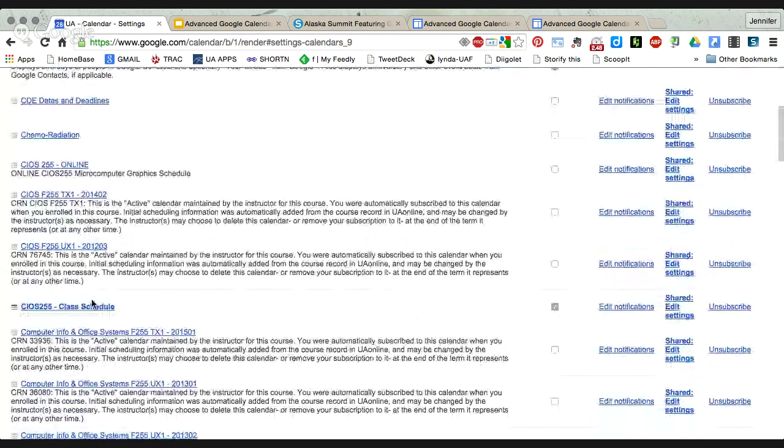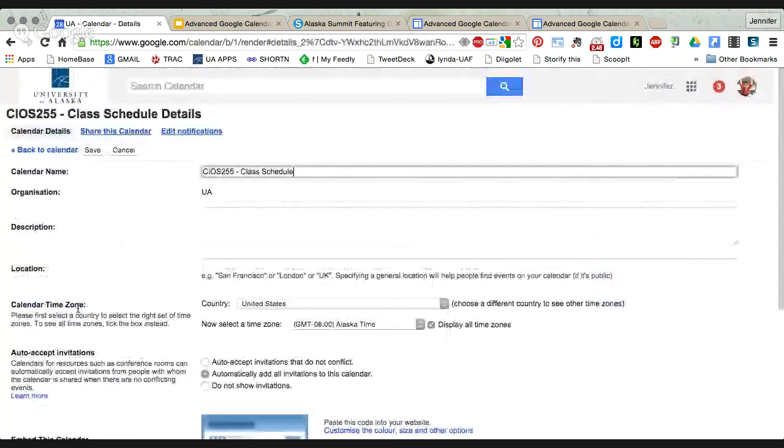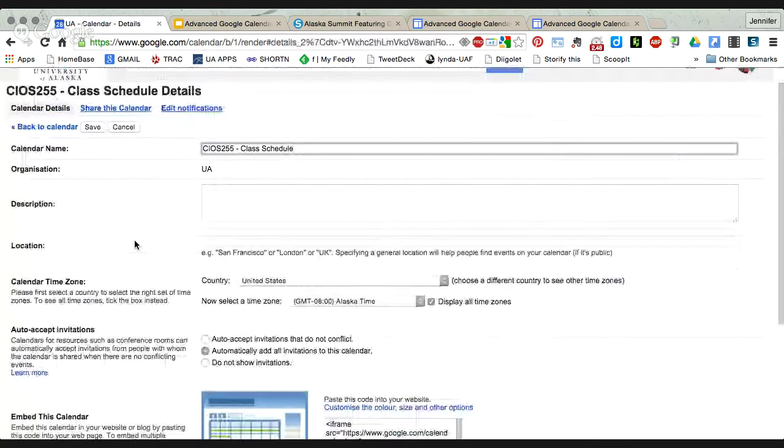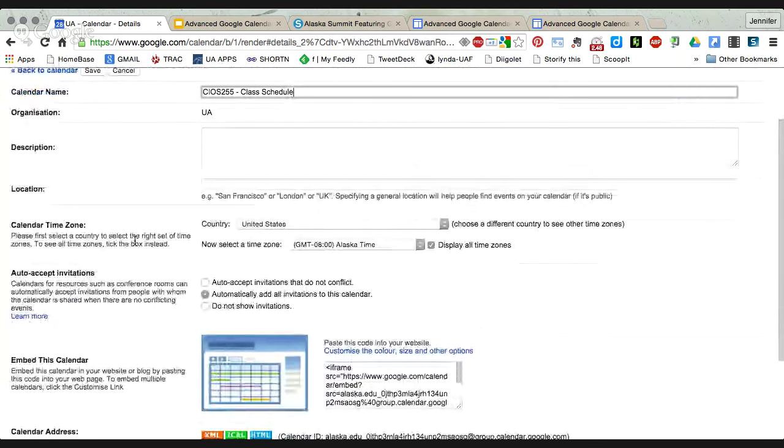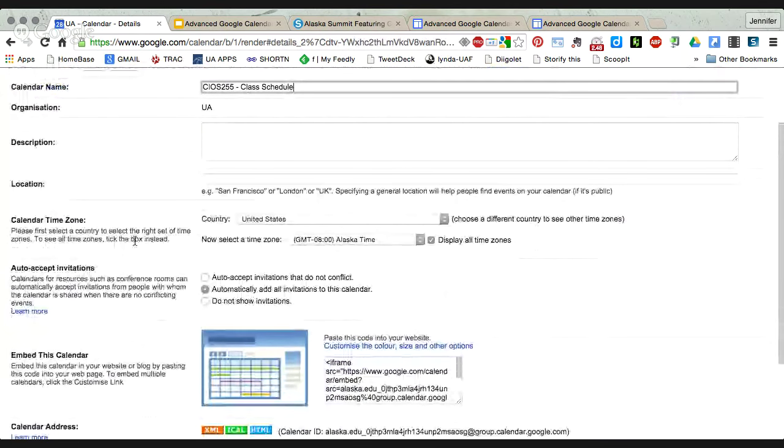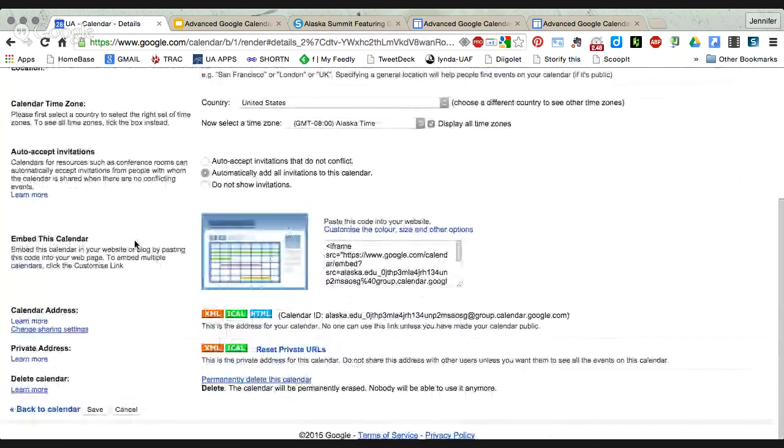Speaking of embedding, we can look at that. Let's take a look at that process. Clicking into that particular calendar setting, so now I'm in my class schedule. There's a section called Embed This Calendar, and you can get some code here to stick it into the HTML tab in Blackboard or in WordPress,